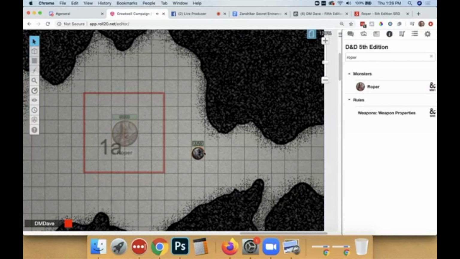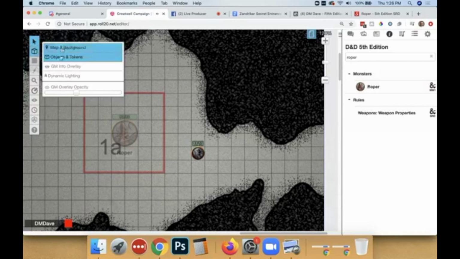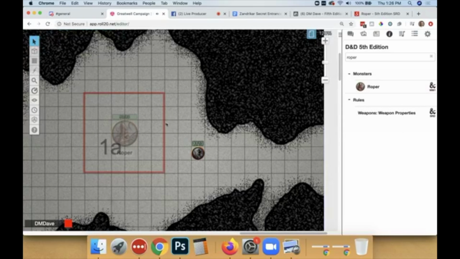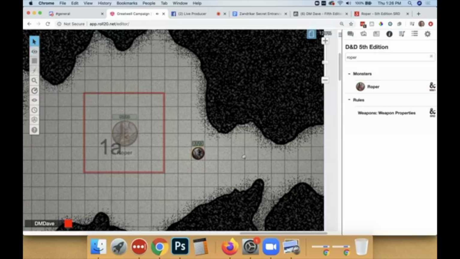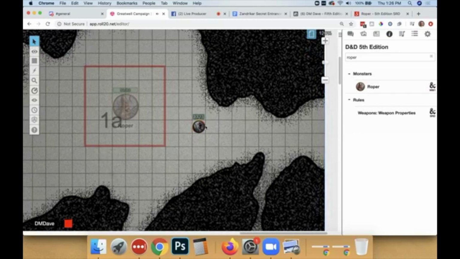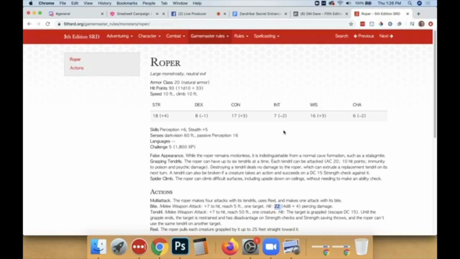So when they're sailing in, the roper would position itself in such a way that it's going to get the most. And if it can, it'll just grab fish. So we'll even move it down. Like the most likely path, you've got to think like a roper. It wants to eat as much as it can. You've got to think of it like an animal. Let's take a look at its stats, because they're super strong. They're not very fast. So everything with them has to be based on, if you want to think real ecology,